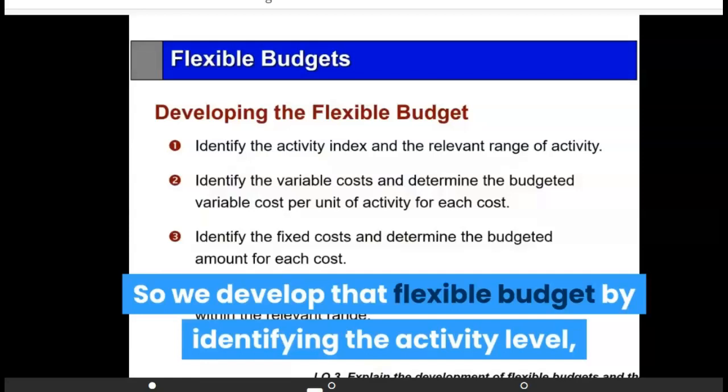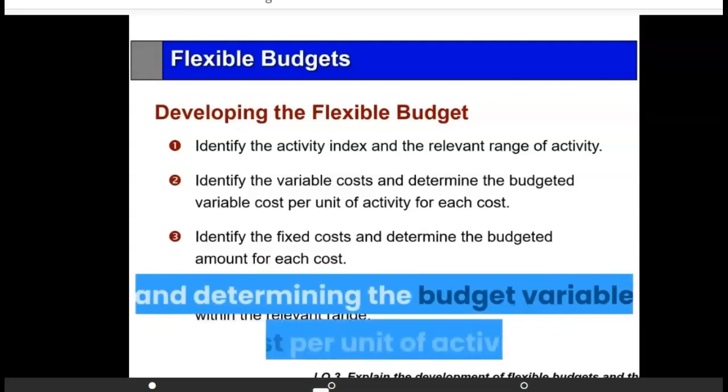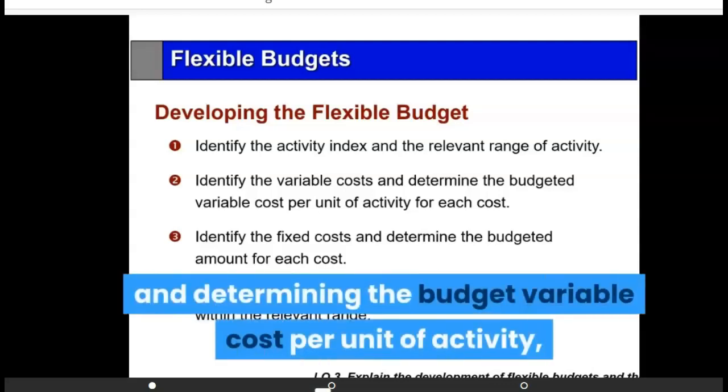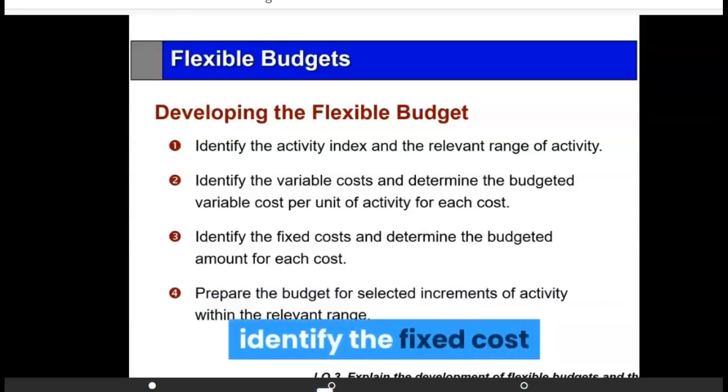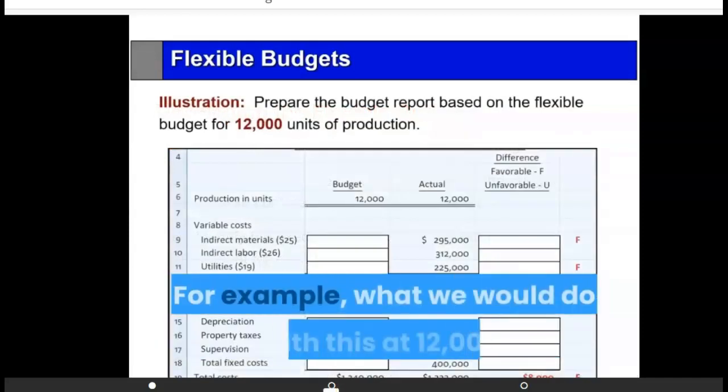So we develop that flexible budget by identifying the activity level, identifying the variable costs, and determining the budgeted variable cost per unit of activity, identifying the fixed costs, and then preparing the budget at increments within a relevant range. For example,